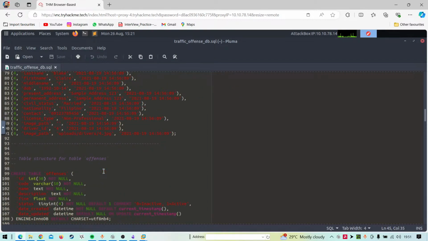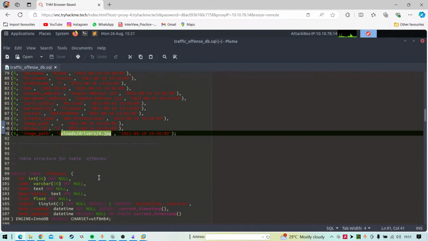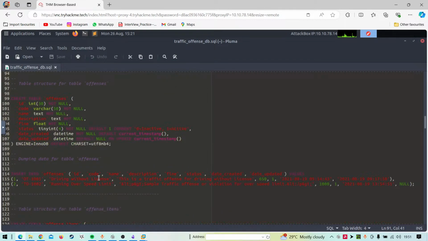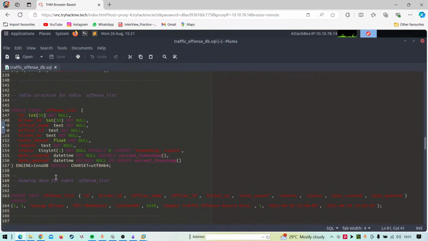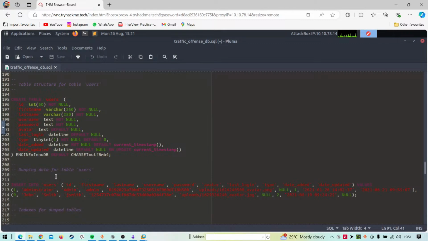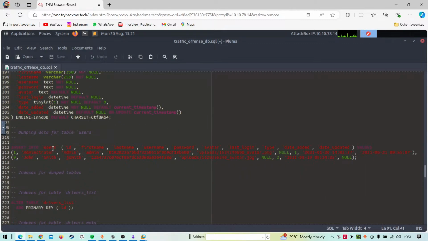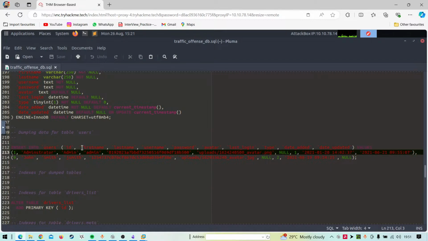If I just scroll down a bit, I can see some of the files that have been uploaded. Oh, nothing right exactly up here. Maybe I could just find some password over the SQL, because why not, right? It's a database. Oh yeah. So we have a user. Insert into user, that is your ID, that is your this one.